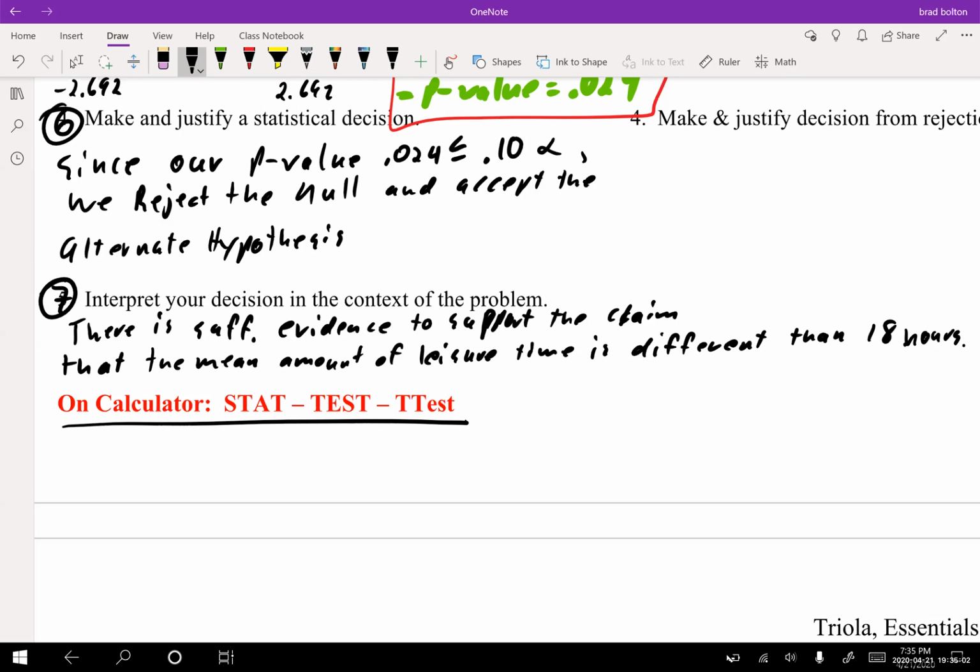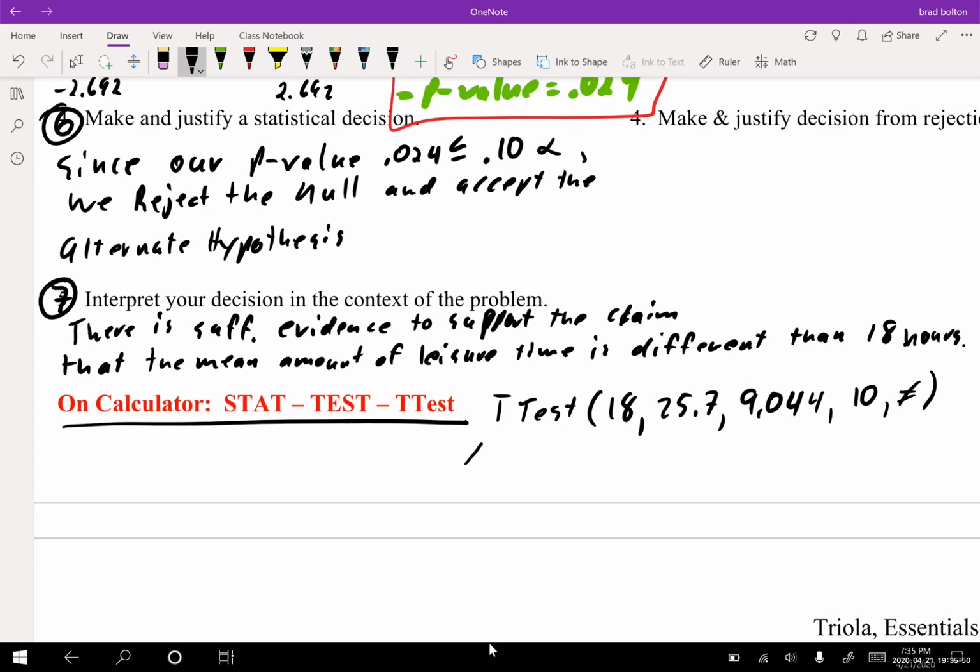And then we are dealing with a not equal to. So we would go t-test, and then in this case 18. They ask us for the mu naught, which is the null hypothesis, is 18. Then it asks us for x bar, which is 25.7. Then it asks us for the standard deviation, which is 9.04. And again, you should see all of this on your calculator. And then it asks us for n, and that's equal to 10. Oh, and then it asks us for not equal to. So when I hit enter on all of these,